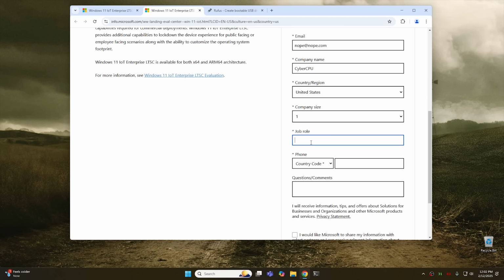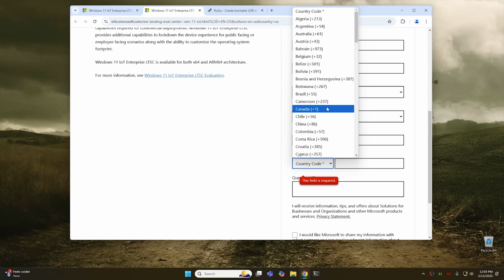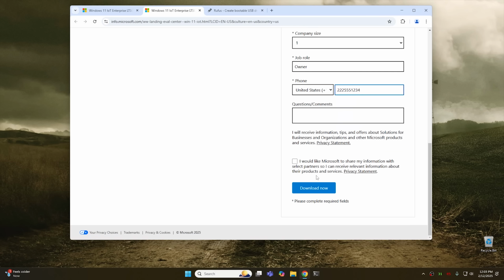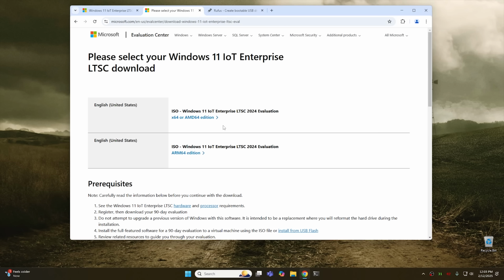So all we're doing there is signing up for permission to use their evaluation. And we're just going to go ahead and go through here, and I have no idea if that's going to work. It's obviously a fake number, but we'll give it a try. And sure, I would like to share my information with partners. No, I actually wouldn't. Okay, click download now once you fill it out, and